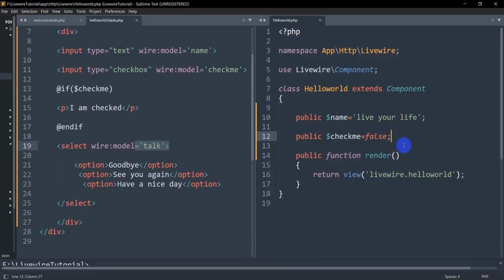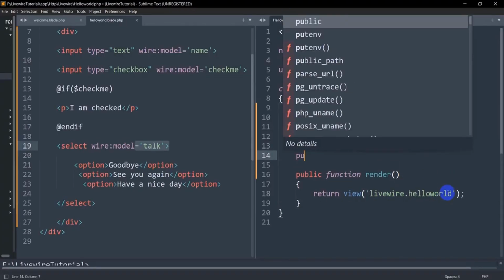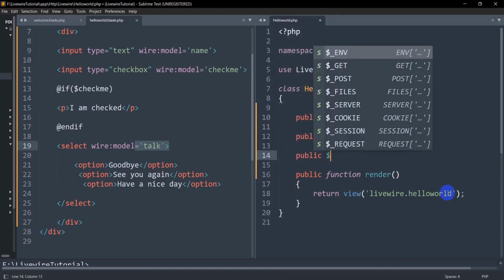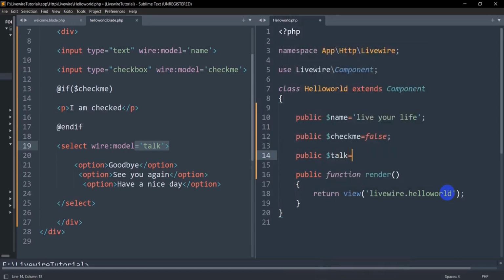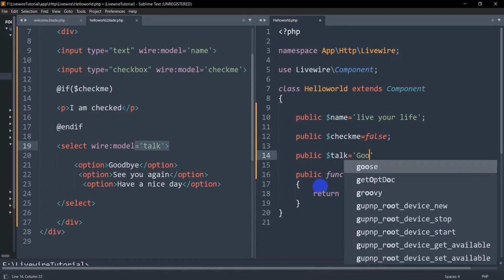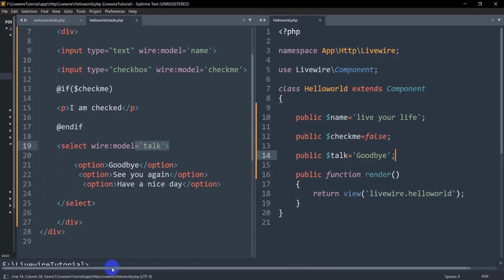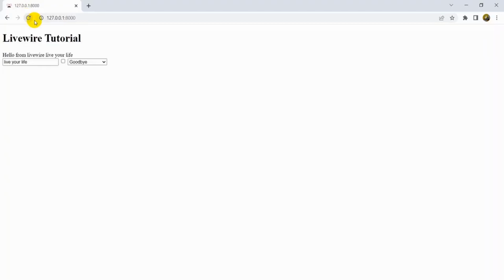So here in the component hello.php, we will declare the variable public $talk equal to, let's say at the beginning the data will be goodbye, and let's save it now, and let's refresh here, and if I select anything, here you can see we are not getting any error, but